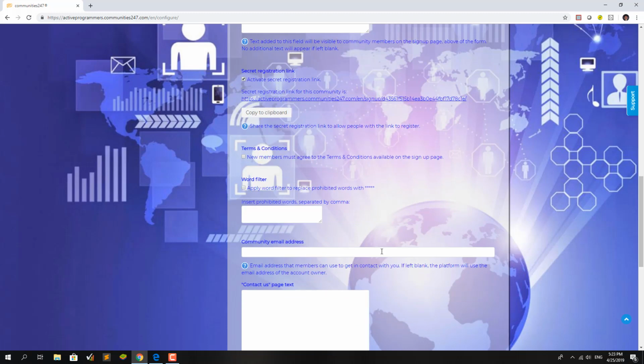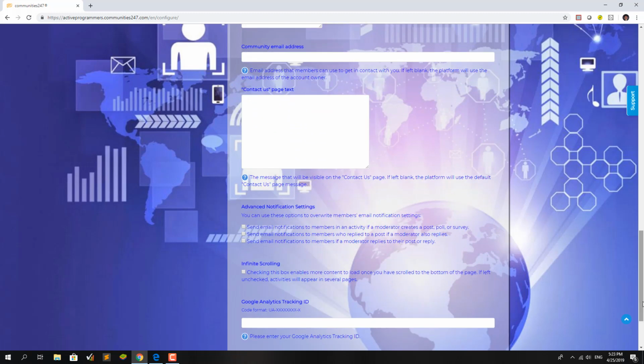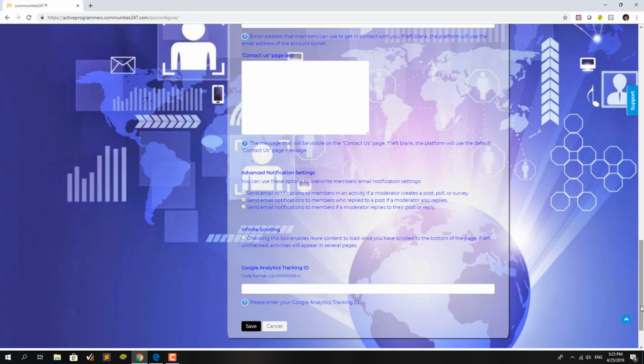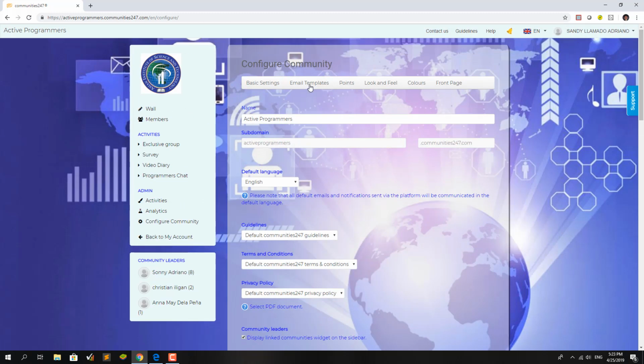You can change the community email address so that you can be replied to for each email that you send through your members. And there are a lot more for this community settings, including the Google Analytics tracking.